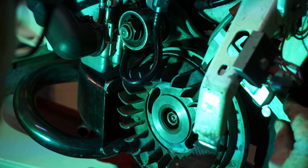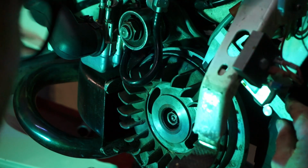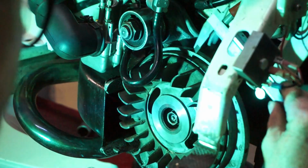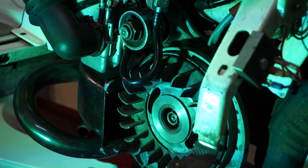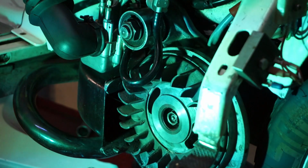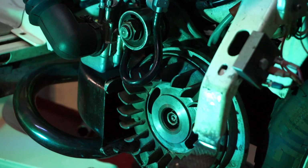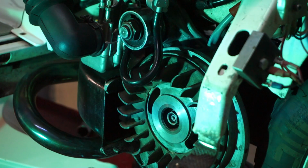We'll mark it there. 21 high. And got another mark. We'll check the opposite direction, so it still lines up 21.5. Okay, so we've got now a new top dead centre mark, because the other one was slightly out. So at least we're working from an accurate top dead centre mark now. Okay,